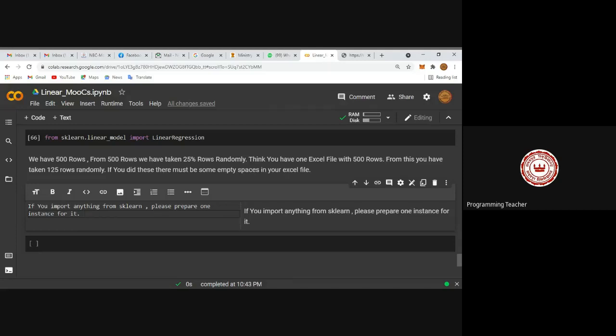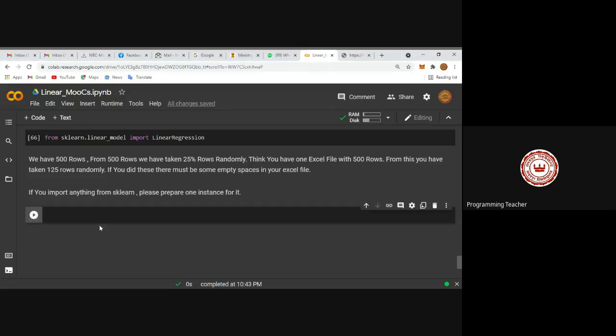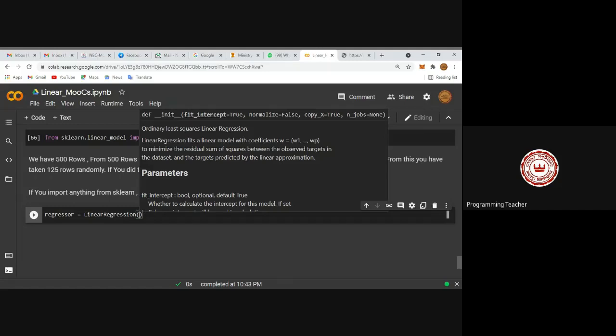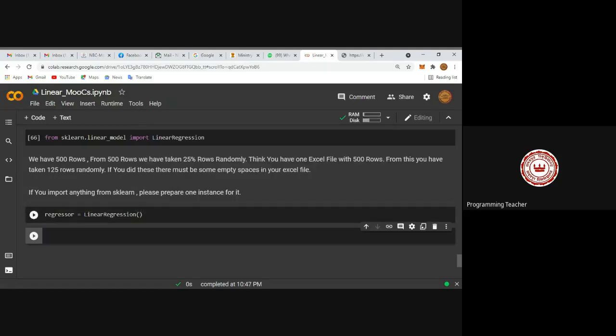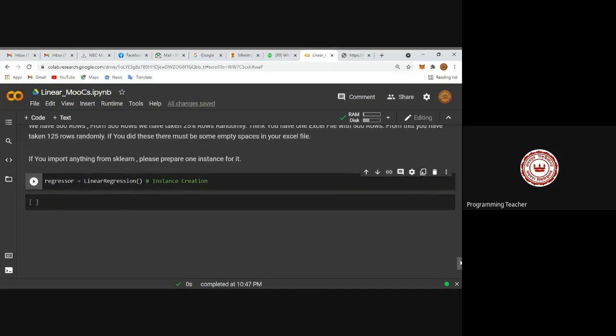Instance will help us. So I am taking the name of an instance, that is regression, because we are doing the linear regression. So I am taking regression equal to LinearRegression. Just put the brackets. Just try to execute it. This is the concept of generation of an instance. This is instance creation. Every time we will use this particular keyword regression. Otherwise, we have to type LinearRegression. After that,